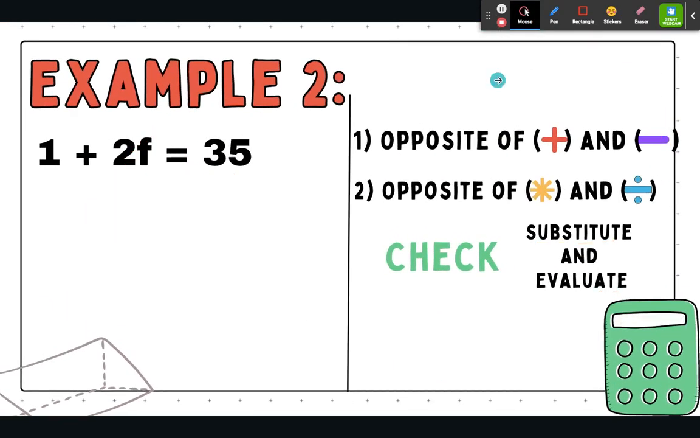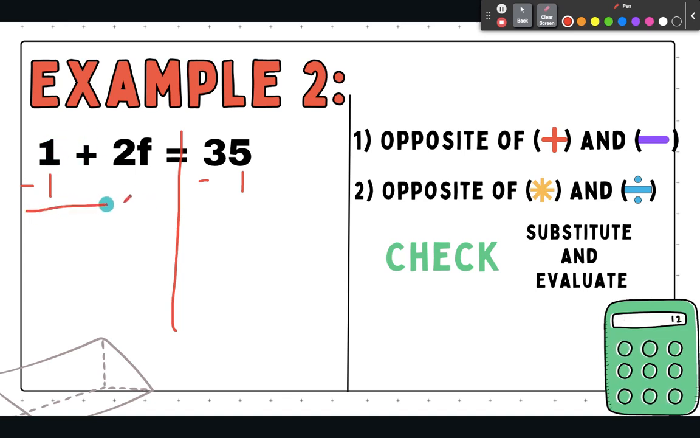Next page. So example 2, we have 1 plus 2f is 35. 1 plus 2 times f is 35. So again, first thing I want to do is the opposite of addition or subtraction. I'm going to find my term that's all by itself. In this case, it's a 1, so I'm going to do the opposite of a positive 1 and subtract 1 from both sides. Again, throwing that line down the middle to make sure that I'm always doing the same thing to both sides. So the opposite of a plus 1 is a minus 1, so that term is going to cancel out, leaving me with 2 times f